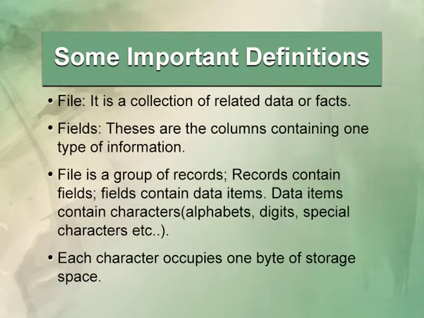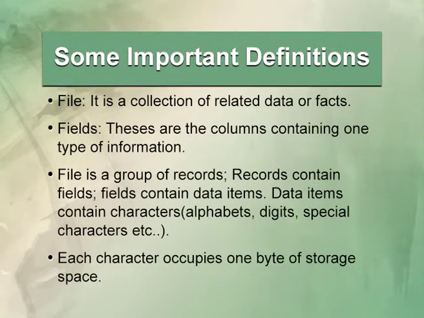Whenever we talk about a data item, it is nothing but the value that the column contains. Suppose student ID starts with 001, then the value of that data item is 001 for student 1. It contains some digits, some integers. So, this is the hierarchy we maintain whenever we talk about a file. A file consists of records, a record contains fields, and fields contain data items, which contain characters.